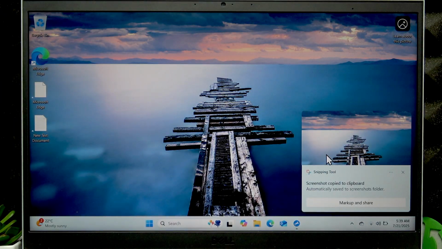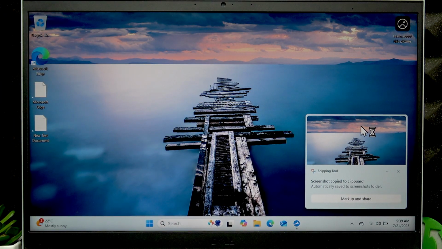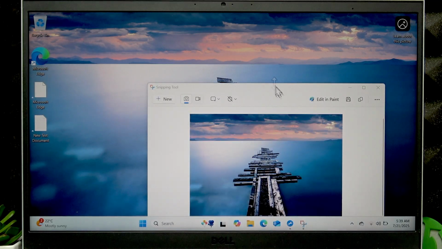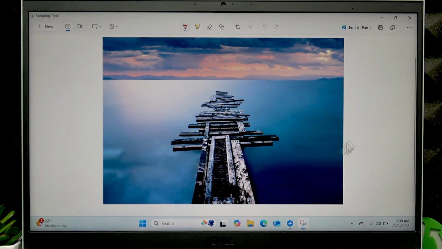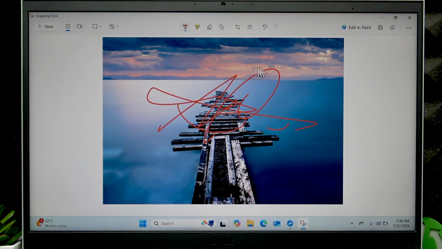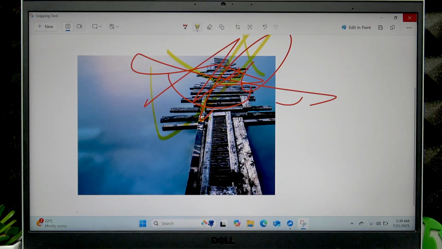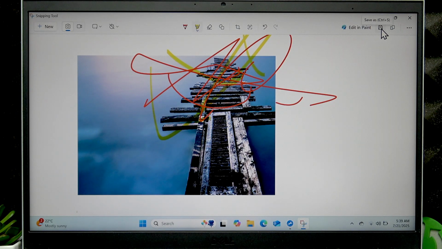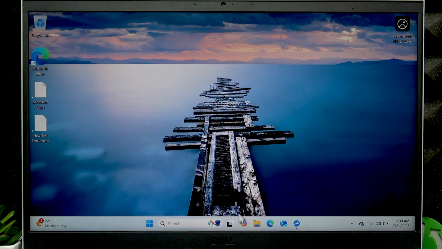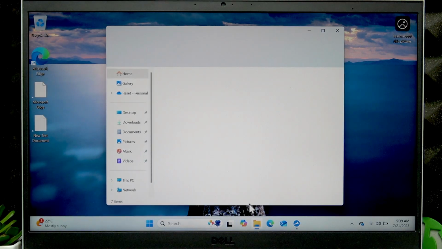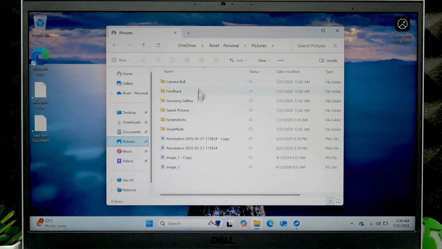Once the area is selected, you'll be able to open the preview of your screenshot by clicking on the notification. Using these quick tools you'll be able to change your screenshot, modify it however you want, crop it if you like, and then click save right here. And if you want to find your screenshot, you'll have to open the file explorer, go to pictures,